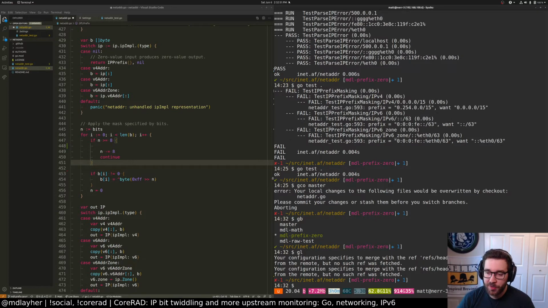Wasn't there an issue to add uint128 in Go? Yes, there have been a couple of attempts. I don't know where that's gone, because I know, for example, Rust has a native uint128 type, but...